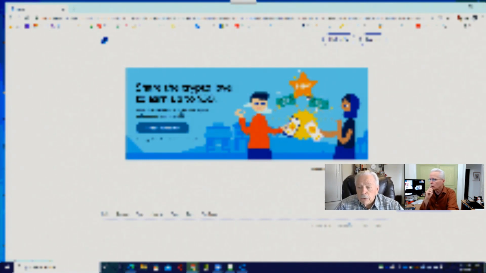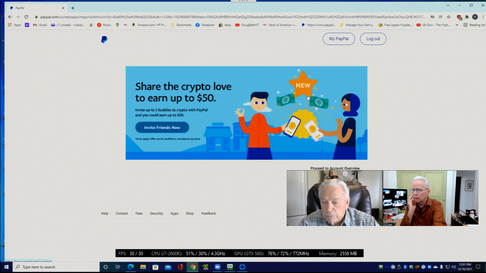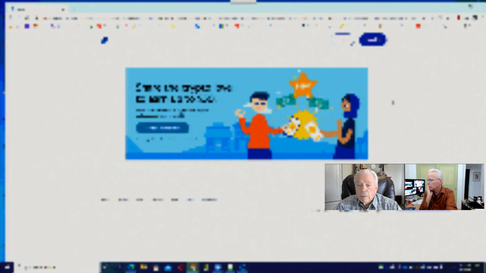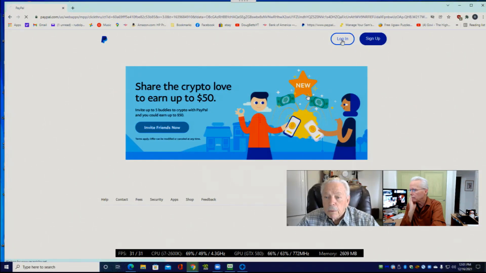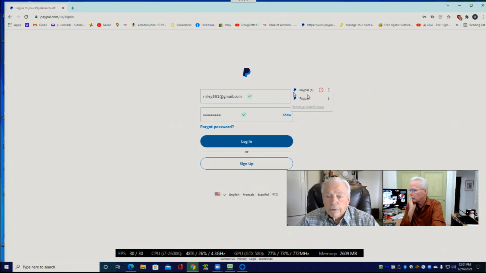Okay. Well, there was a RoboForm icon on the username and password field, implying to me that RoboForm may already have your PayPal credentials. So let's click the log out button, and have another look at that. Then click log in. Oh, there it is right there.